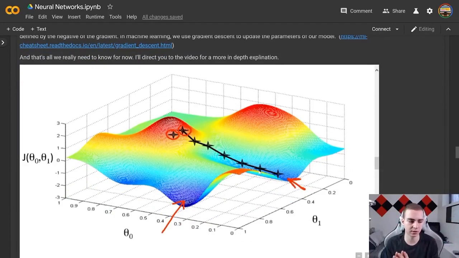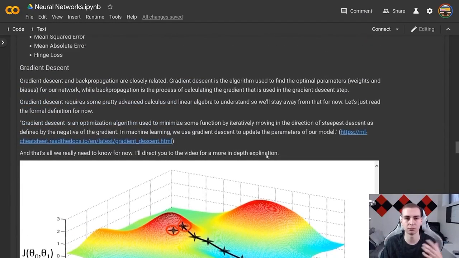So it essentially looks where we are. It says this was the loss, and it says, okay, I'm going to calculate what's called a gradient, which is literally just a steepness or a direction, and we're going to move in that direction. And then the algorithm called back propagation will go